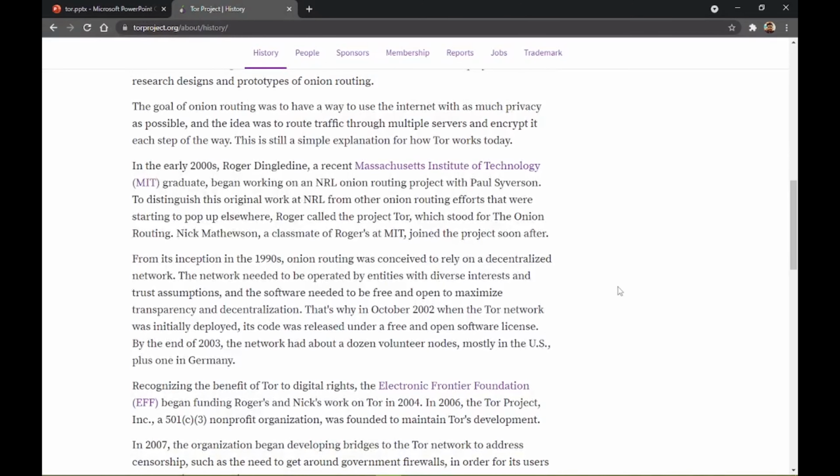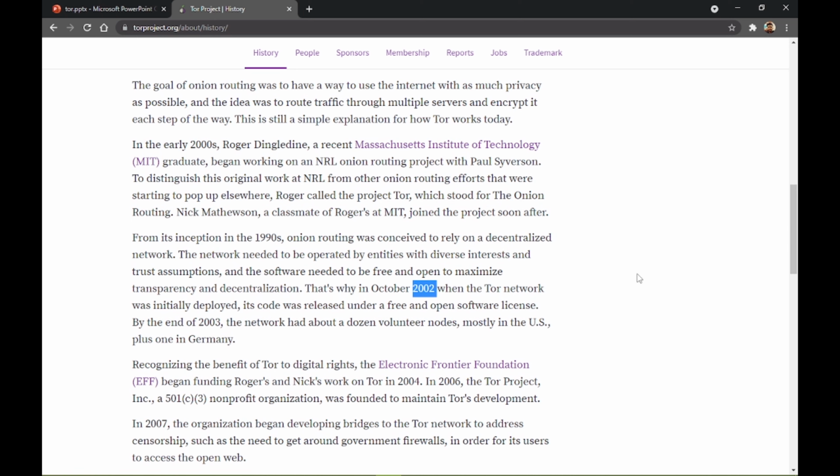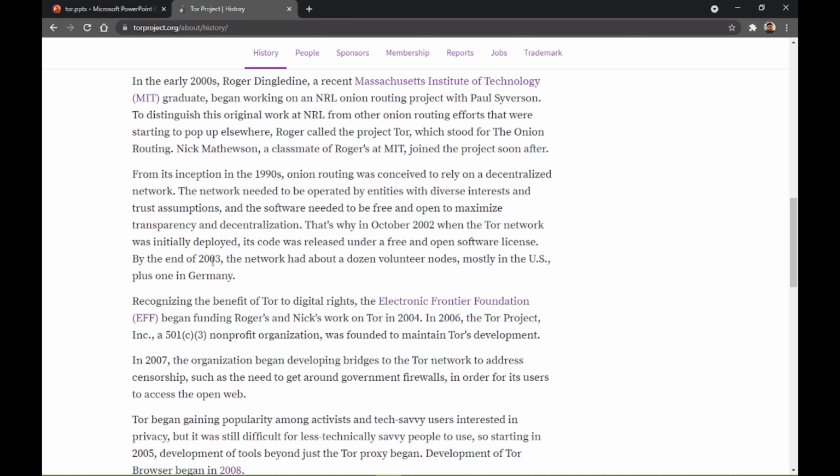And in the early 2000s, an MIT graduate, who had been working on the NRL onion routing project, started to work on the Tor project here. And after that, there were a lot of events: in 2002 it was made open source and its code was uploaded. And by the end of 2003, the network had about a dozen volunteer nodes in the US plus one in Germany. You can see that here.